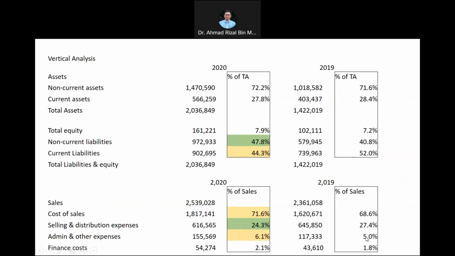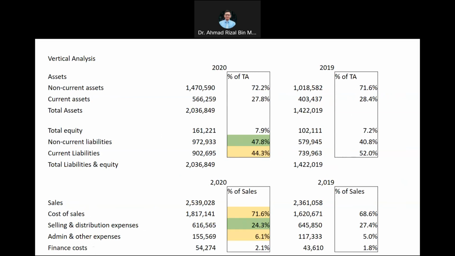Admin and other expenses increased slightly. There is an increase by close to 40 million. In terms of finance costs, logically, of course, due to the increase in borrowings, the interest expense or finance costs increased from 43 million to 54 million. So as a percentage, it's 1.8% increasing to 2.1%. So those are the horizontal and vertical analysis. Normally, we do these two analyses as a warm-up, and as a general guide into things to come